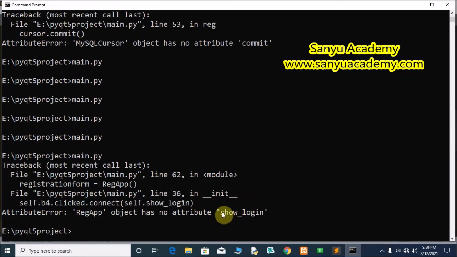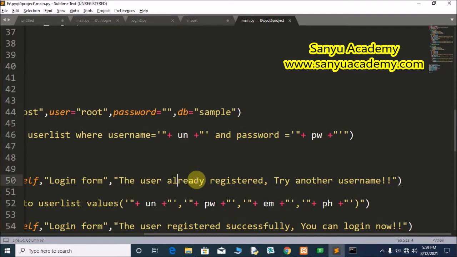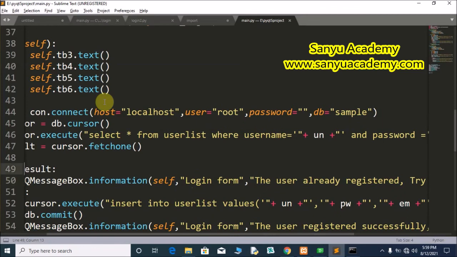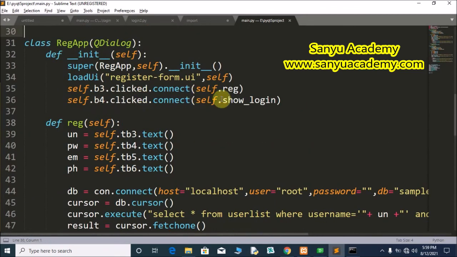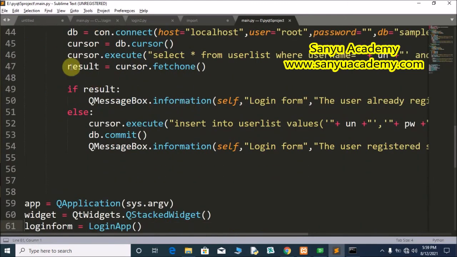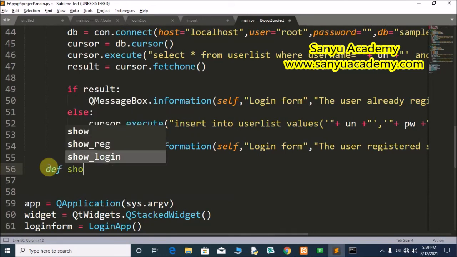We have to write the function for the show login button also. So this show login function we have to write now. Show login.